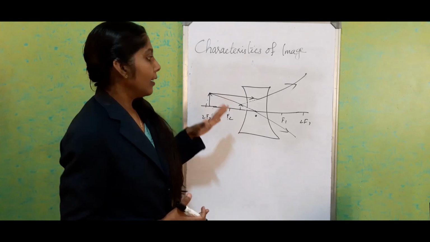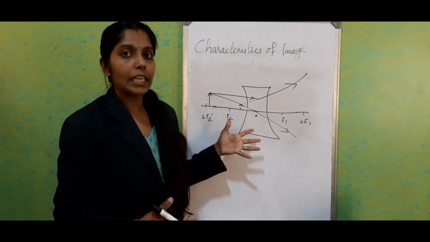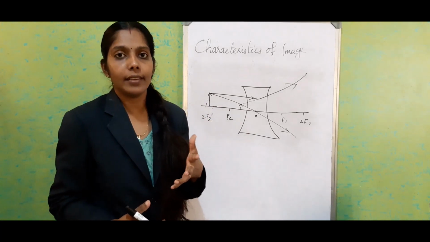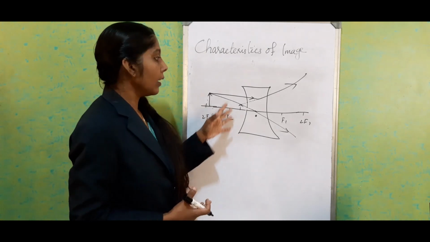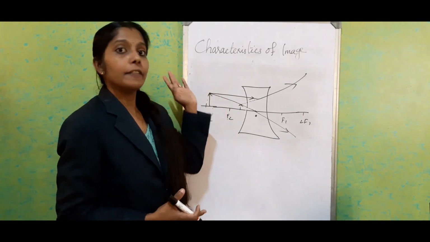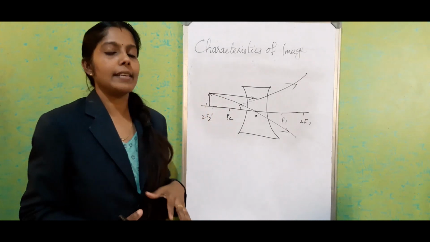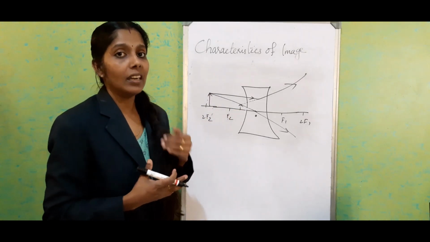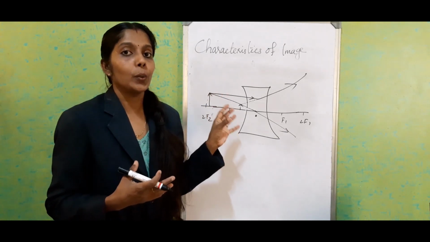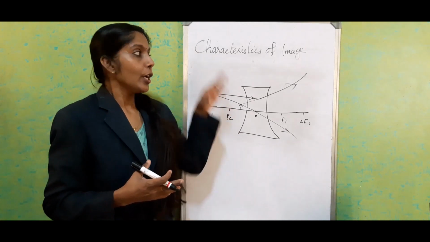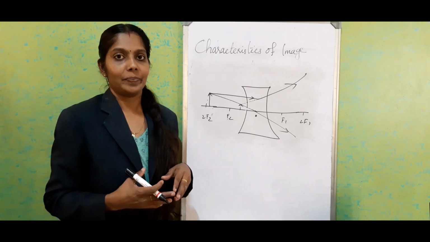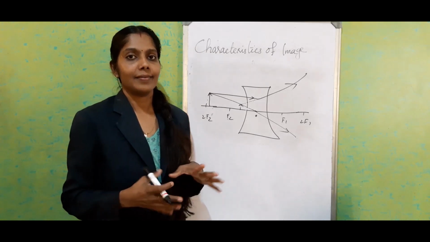So obviously if it is erect, it is a virtual image. And if you see the application of this one, we are using it for spectacles, for people who have short sight. Those people use a concave lens to overcome their eye problem. And for the first case, when the object is at infinity, I forgot to mention that the application is in the Galilean telescope. We are using that to get the image on the focus. So these are the different image formations by using the ray diagram. Thank you.